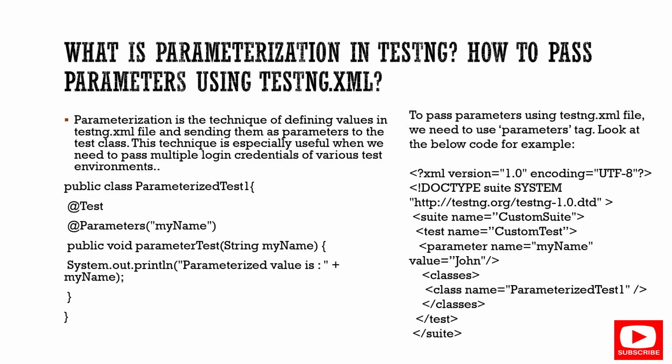So in cross browser testing, what happens is you provide your parameterization, and in the parameter you provide the Chrome browser, and in the method you will have this parameter of type string name. Under string name you will provide your different browser names, and it will select based on that. So this kind of parameterization you need to be familiar with.